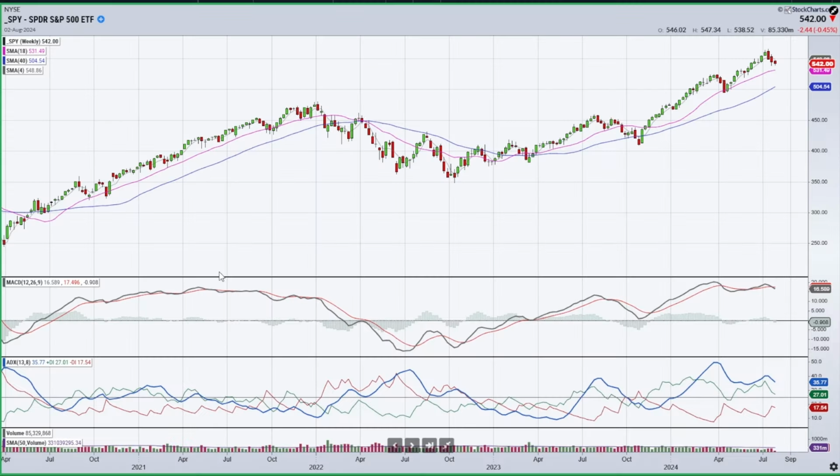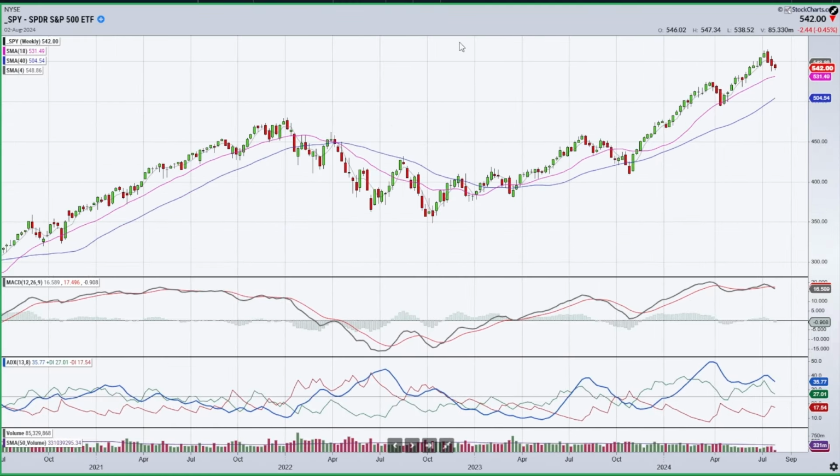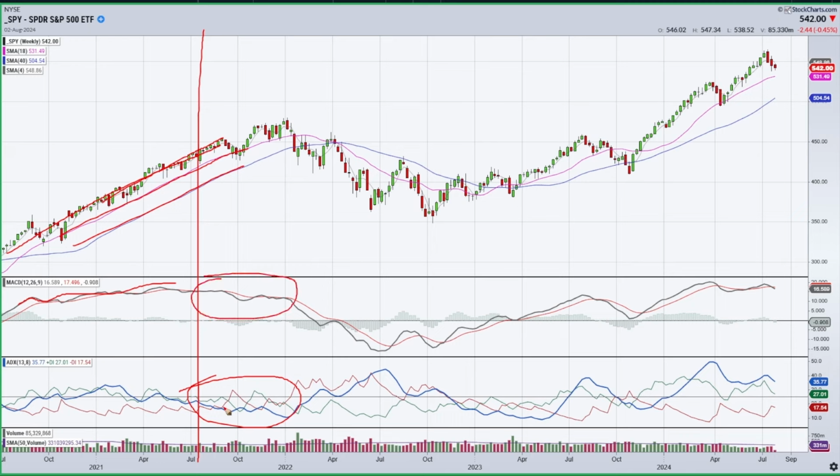Now, let's just take a quick peek at the S&P right now and just look at where we're situated. And let's just talk a little bit about how this sets up. So we get this move to the upside in 2021. It makes a nice move. We've got a nice trend, right? We're making higher highs and higher lows. We have pretty good momentum up until about the middle part of the year. And then the momentum starts to die off and not confirm based on ADX, not confirm based on the MACD. But we're still in an uptrend at this point, but we're getting kind of an early warning sign here that the momentum is telling us that we should be maybe on the lookout for some kind of a reversal